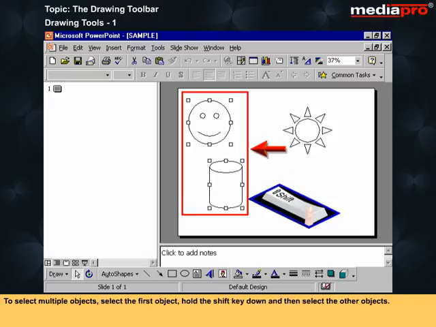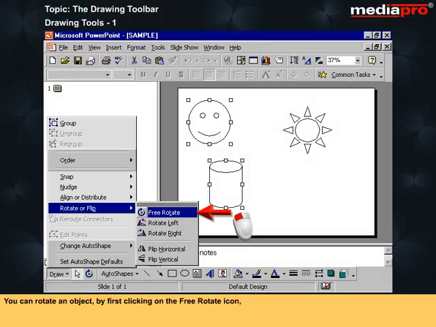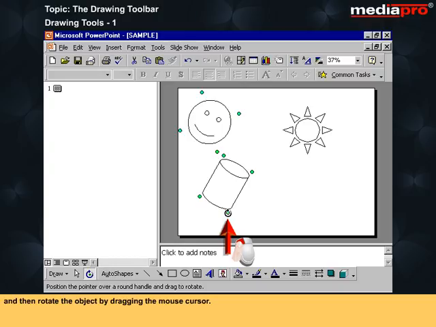To select multiple objects, select the first object, hold the Shift key down, and then select the other objects. You can rotate an object by first clicking on the free rotate icon, and then rotate the object by dragging